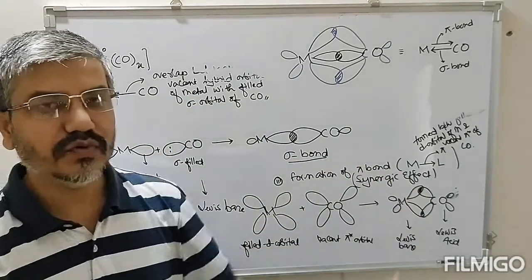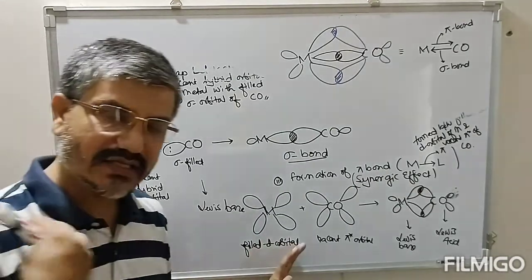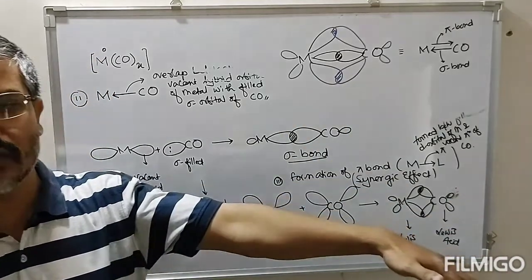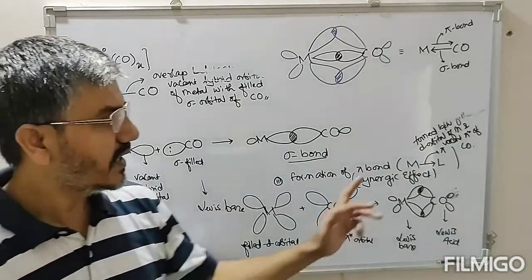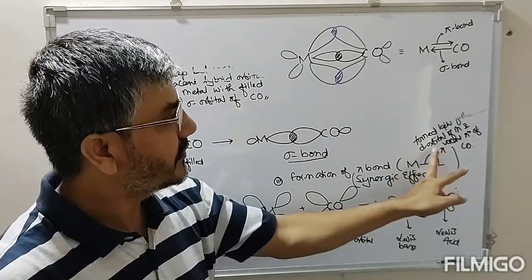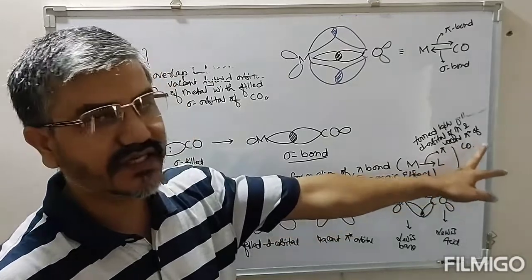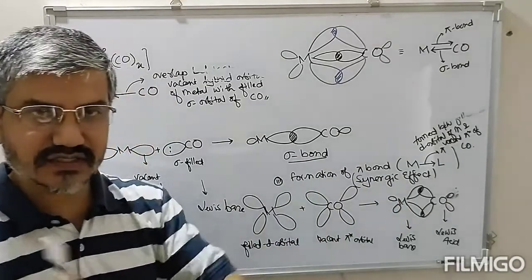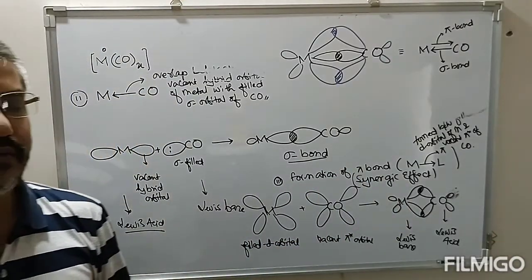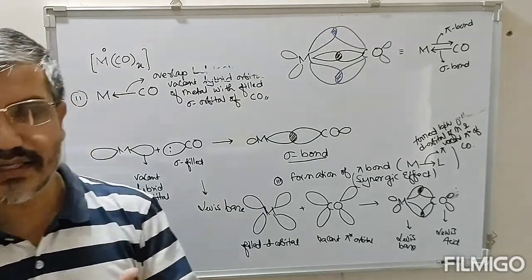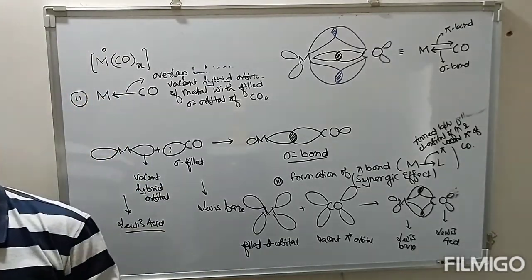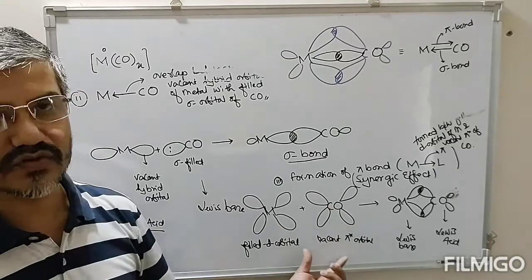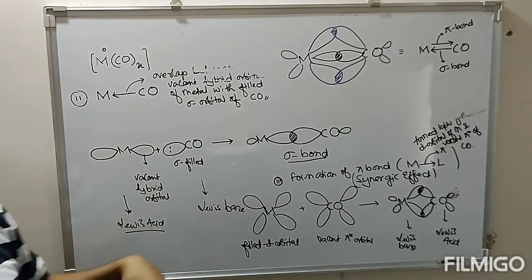Now during the formation of the pi bond, the metal is transferring the excess accumulated electron density from itself to the vacant antibonding orbital of carbon monoxide, and this is formed between the filled d orbital of the metal and the vacant pi star orbital of carbon monoxide that we have shown here. So this is what we call a synergic effect. Synergic effect is the formation of back donation, or the pi bond, between the metal and carbon monoxide by transferring electron density from the filled d orbitals to the vacant pi star orbital of carbon monoxide. So this is how metal carbonyls are formed.